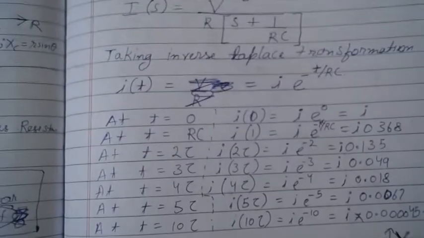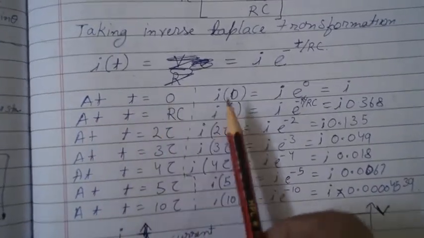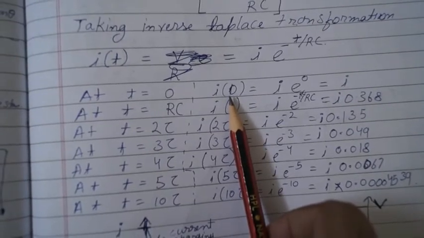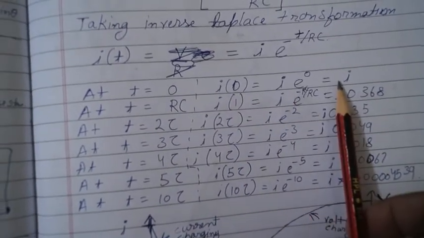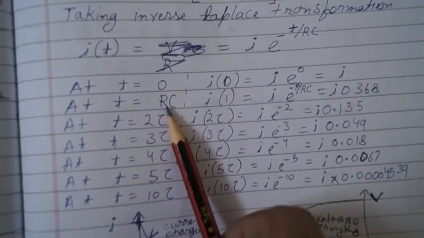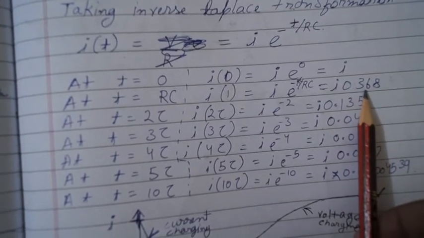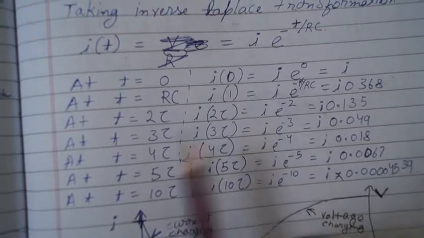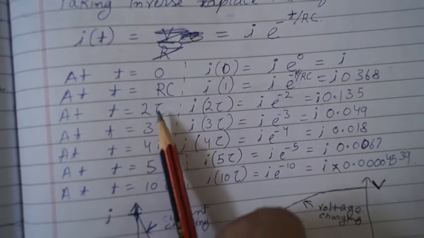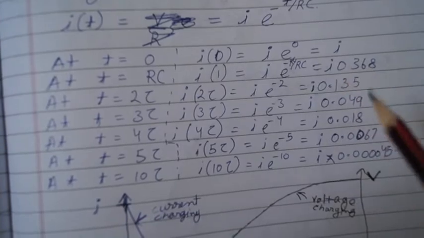Now if we are going to calculate I(t), if we take t equals 0, the current when the switch is closed is equal to I. When t is equal to 1 time constant, RC, we get I times 0.368. And if we increase the time by 2, 3 time constants, we get different values of current corresponding to that. Now these values when plotted,